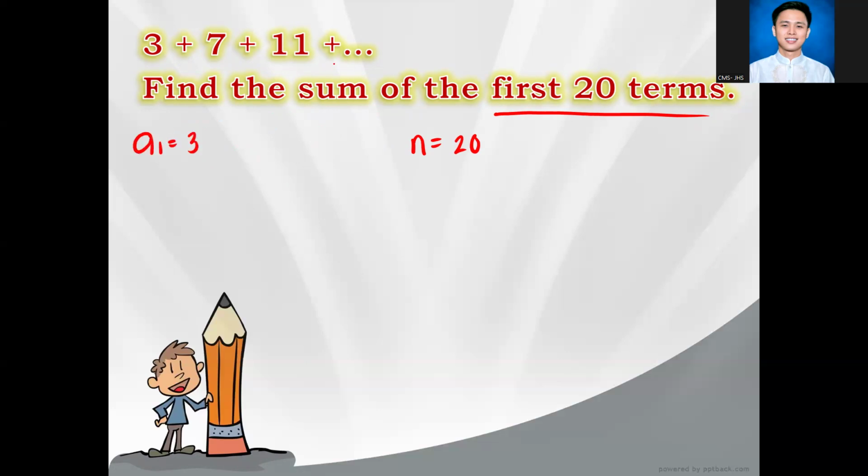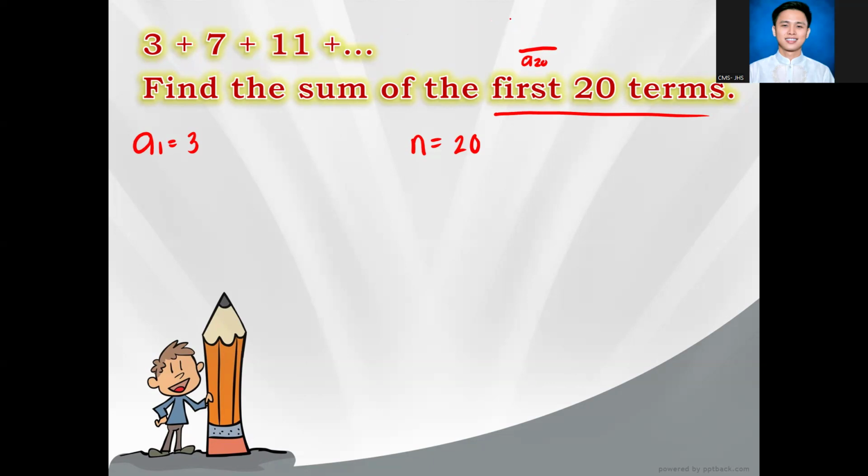Do we have the last term? We don't have the last term here, right? We don't know. Sir, what is the last term? The last term is the 20th term, A sub 20, and it is not given. Sir, I can fill it up to A sub 20 because I know the pattern. We just keep on adding 4. 3 plus 4, 7 plus 4, 11 plus 4 plus 4, up to the 20th term. I can identify the 20th term.